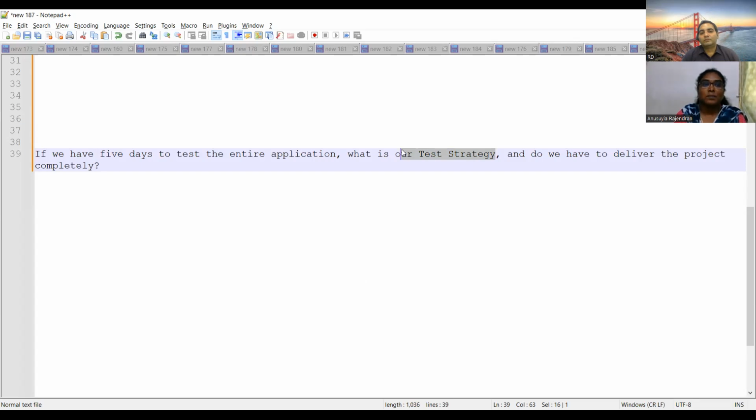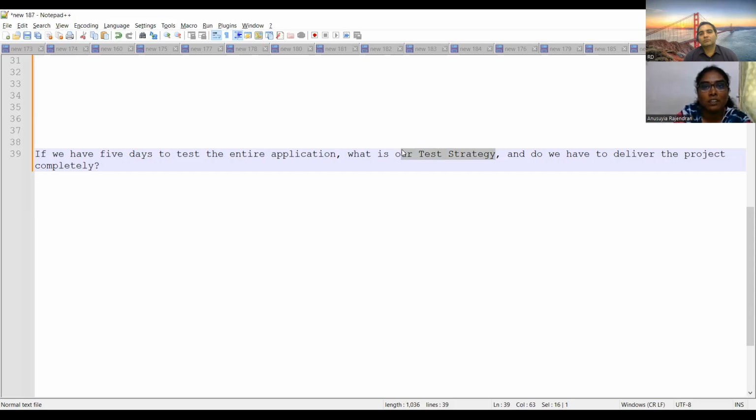Based upon the limited deadline, suppose it is a regression kind of thing. I will cover the P1 scenarios, the critical scenarios, and go for smoke testing as well as sanity testing, checking whether the critical areas have been covered or not.